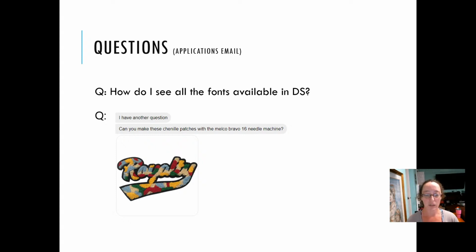Now, overall, how do you do that? How do you make this particular one as a patch? Well, how I would start is to just get it digitized as if it were flat fill. And once you get it digitized, then worry about changing all the properties to make it chenille appropriate after that. So if I go to DesignShop,